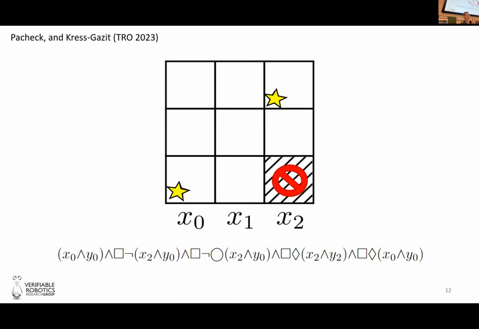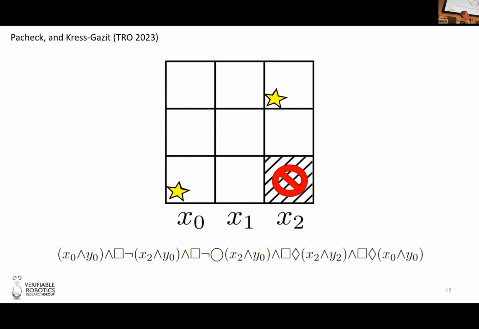So just to give you one example, imagine I have 9 propositions. Oh, I cut off the thing. Sorry. So I have x's on the x-axis. Imagine I have y's on the y-axis, and now each region is represented using 2 propositions that are true. So the bottom left is going to be x0, y0. So x0 true, y0 true, everything else false, and so on. So what I can write is, starting from x0, y0, so starting from the bottom left corner,